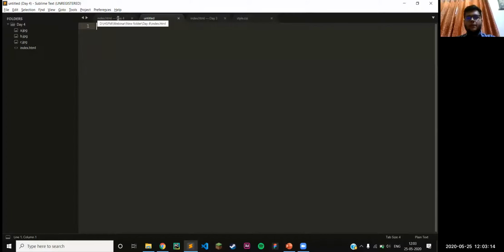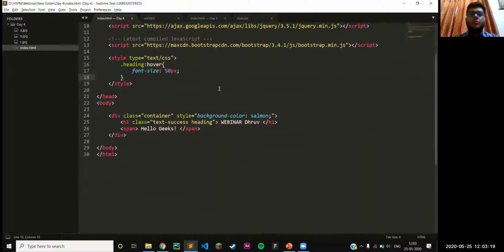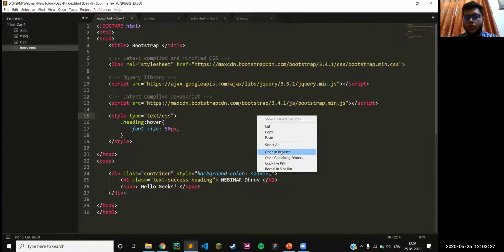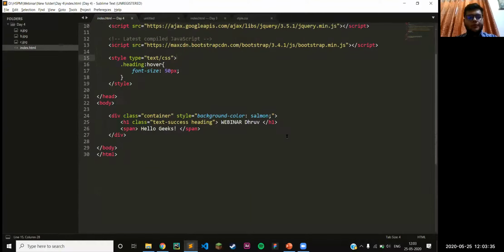So as I was saying, we would be discussing a little bit about how to use the Bootstrap grid in our project. As you might remember, we made this project yesterday using Bootstrap. It's nothing much, but we have this particular thing. So what I would do is show you how to use the Bootstrap grid in this project by making a footer here at the end of this page.